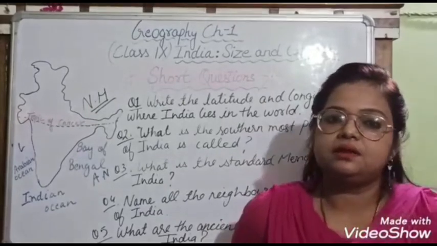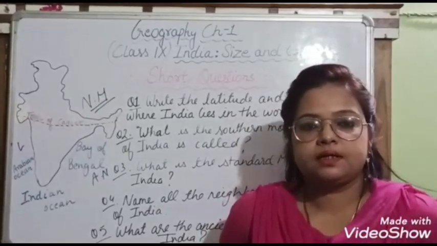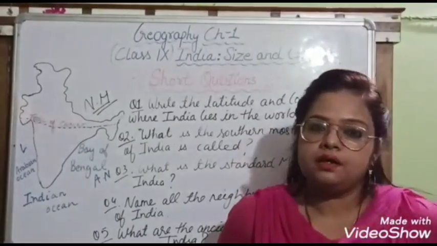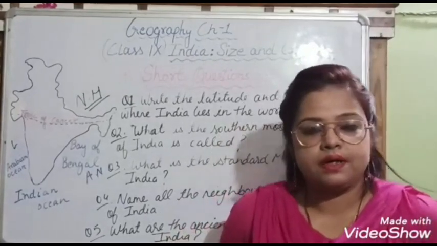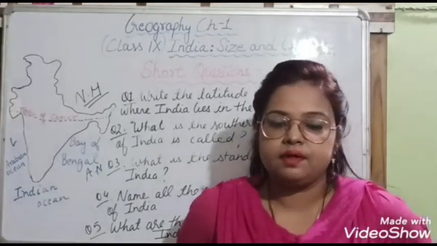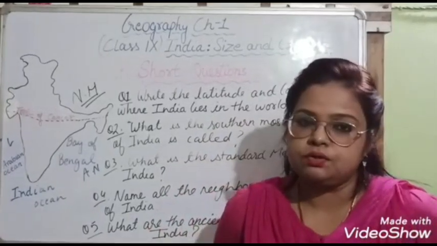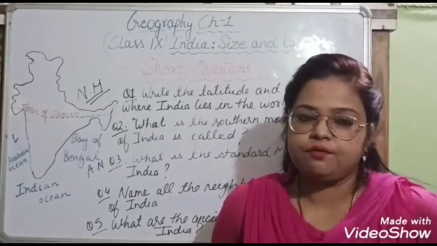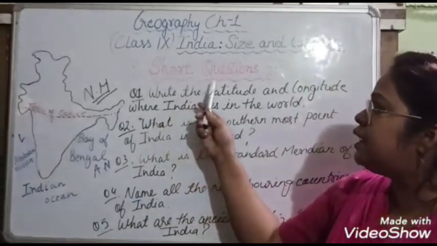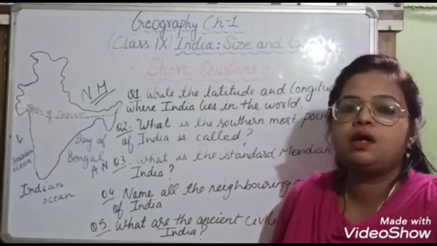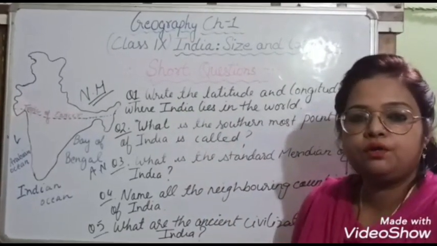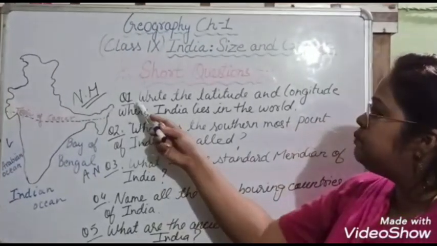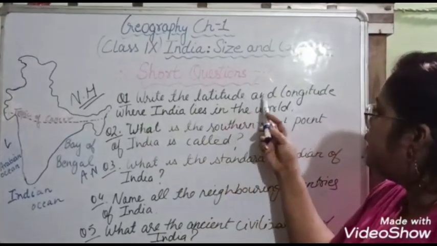So children, we have discussed the full chapter, India's size, location and geography, and we know the location of India in the world, area wise, latitude wise, longitude wise, climate, heat zones, everything. And I told you the important things also. Now children, I want you to do some assignment. I am giving you 5 very short questions, so that I may know how well you have gone through the video, what you have learned, and what the important things are.